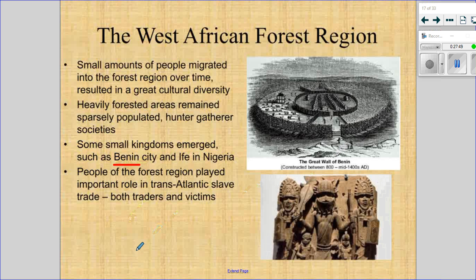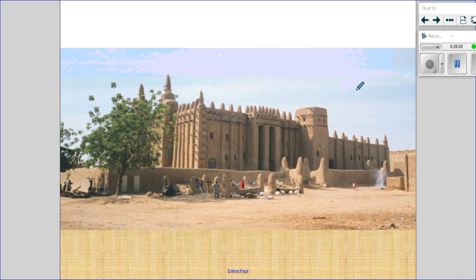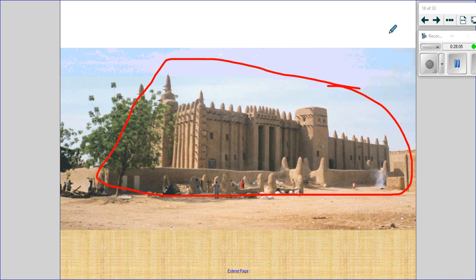Okay, people of the forest region will end up playing a significant role in the transatlantic slave trade, both as traders and victims. All right, this is the Mosque of Djenne, which was built in the 14th century. It's a World Heritage Site. Once a year, there's a guy called the architect, and they come out and they replaster this thing. And they've been replastering it with a special type of mud